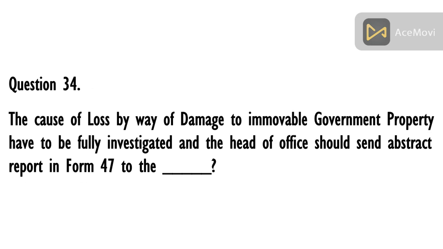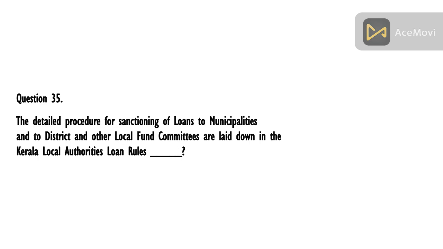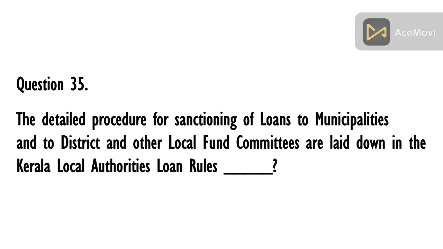Question 34. The cause of loss by way of damage to immovable government property has to be fully investigated, and the head of office should send an abstract report in Form 47 to the Accountant General. Question 35. The detailed procedure for sanctioning of loans to municipalities and to district and other local fund committees are laid down in the Kerala Local Authorities Loan Rules,